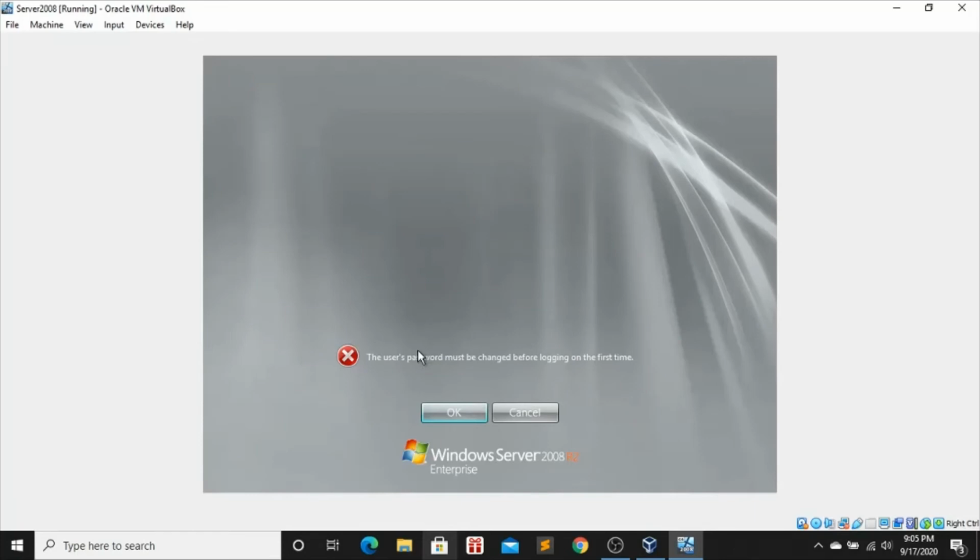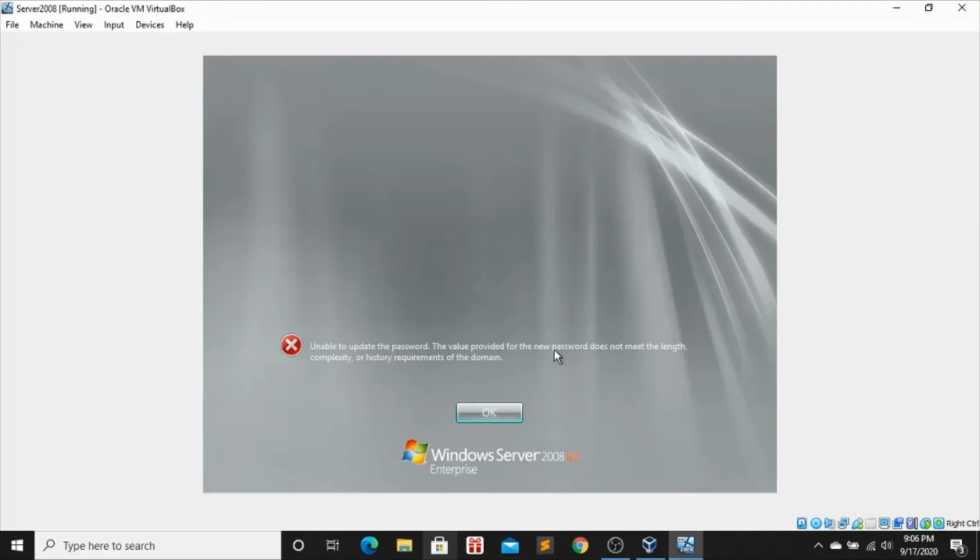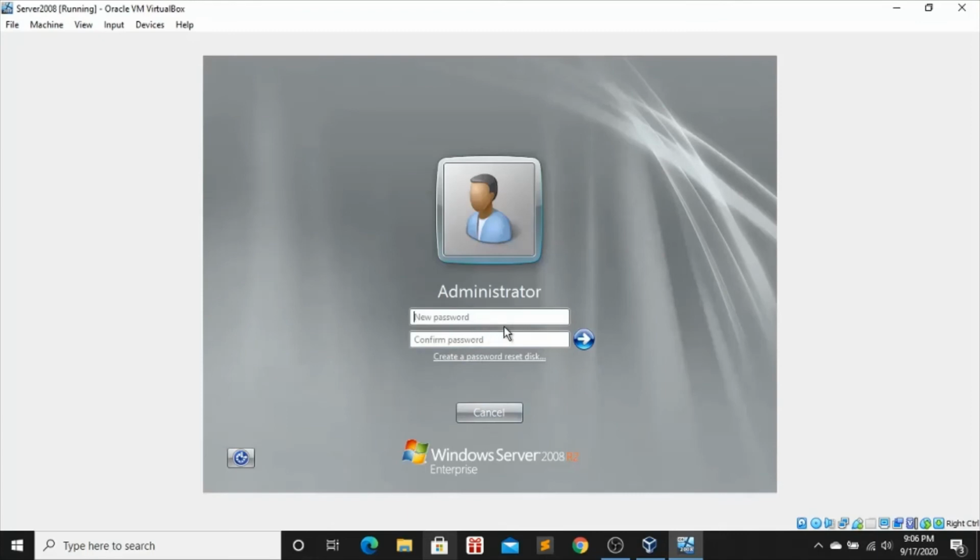Okay, so we're being successful at this point because we're seeing the message that the user's password must be changed before logging on for the first time. So I'm just going to click OK. I'm going to change my password to word pass, all lowercase. I'm just going to click OK. So there's an issue with that, so I'm just going to go